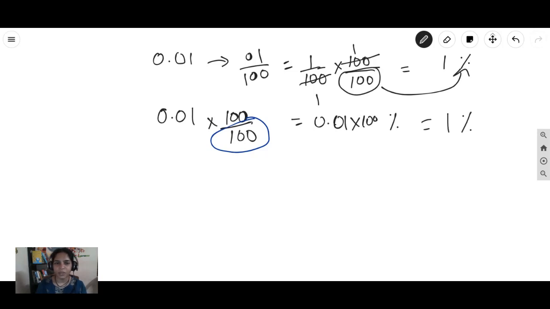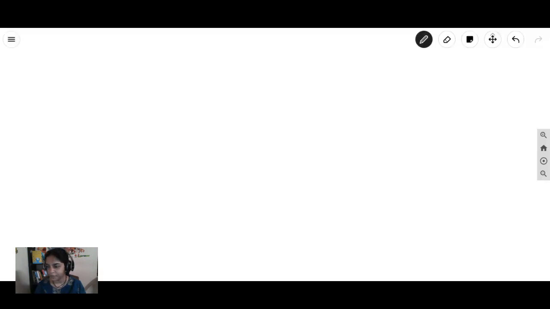Either way, it's the same thing. I just did not use this many steps. Directly I used into 100 by 100. That's the only difference. Right? So like this, decimal is nothing but fraction and can be converted to fraction. And percentage is also a fraction with denominator 100. Right? Now, if you have percentages, for example,